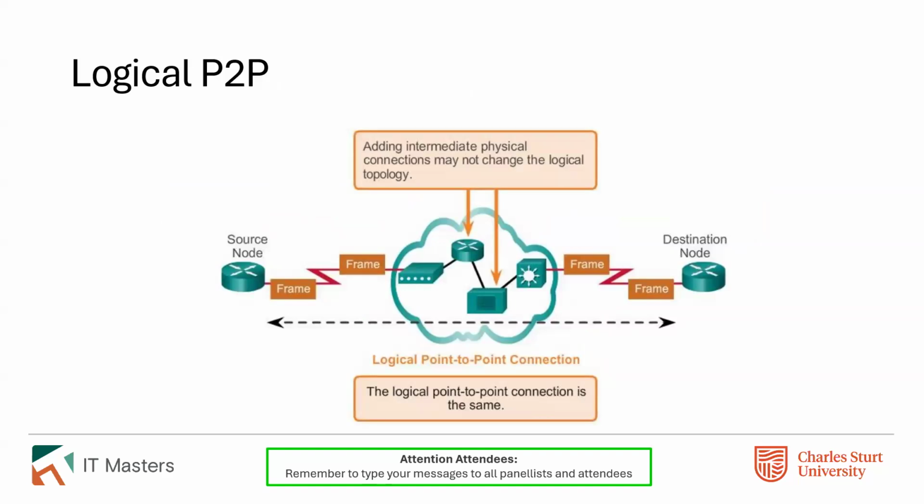How that looks logically, obviously, once we connect it up, let's say we rent the connection off Telstra or ARNet or another carrier, we would typically then have a connection to their equipment. It runs through a bunch of their equipment internally that is essentially invisible to you. Now, that might use technologies like MPLS, which we kind of alluded to last week. Doesn't really matter for these purposes because what you care about is traffic getting from source to destination. And then on the other end, your equipment is connected to the telco and comes out in the right form there as well. Logical topology doesn't change. Physical topology, you don't have a lot of visibility of.